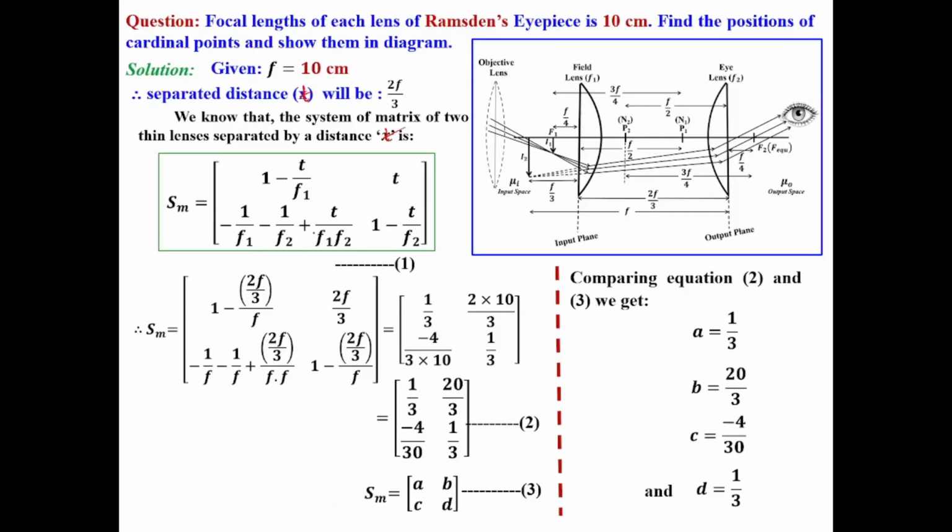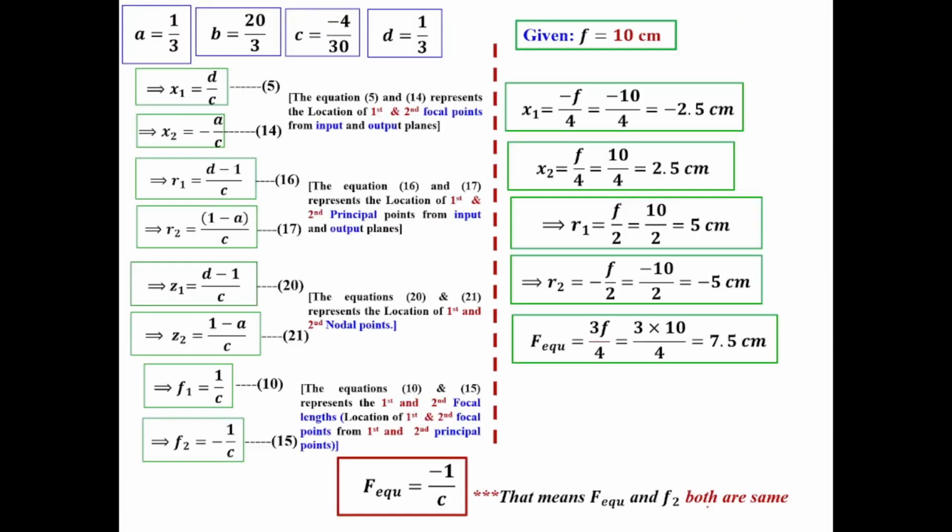Here we found the A, B, C, D values, which I have written over here. Now we are going to consider lecture number 13. In lecture number 13, we consider two thin lenses